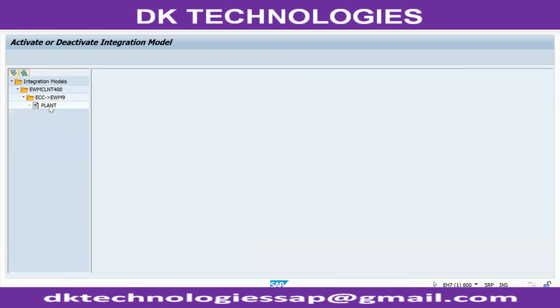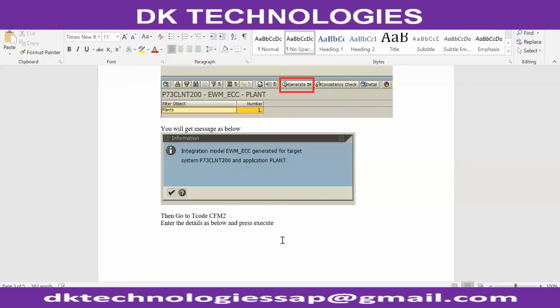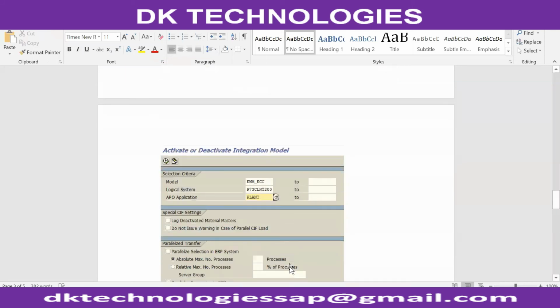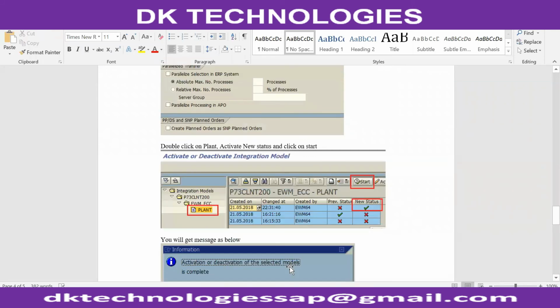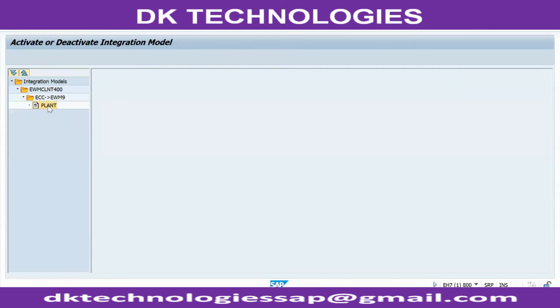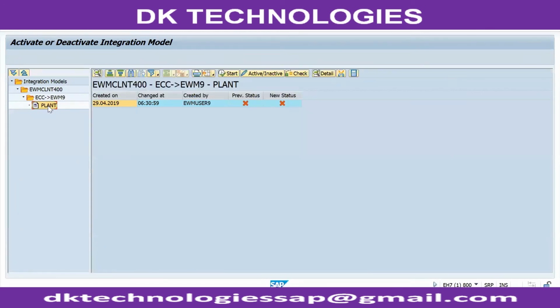The data is there. Okay, I selected the model number as 9. Is the client, the logical system, this one?